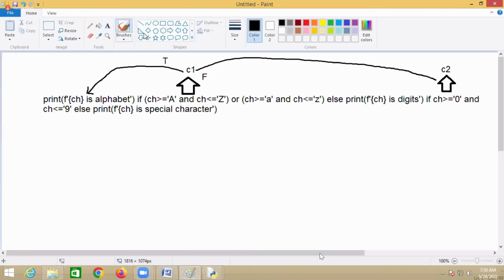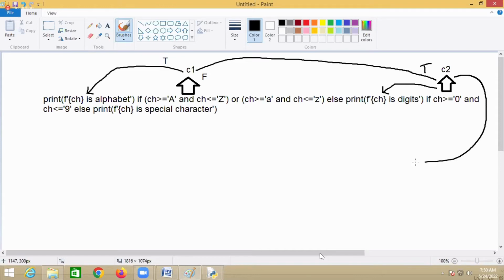Now, if this condition is true, it will execute what? Digit. So the character is a digit. Suppose this condition is false,